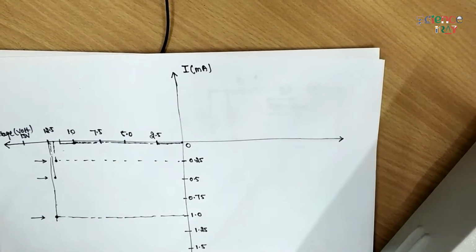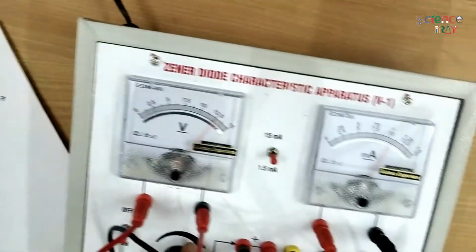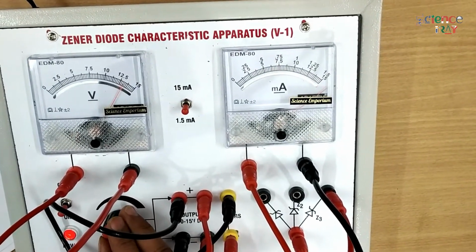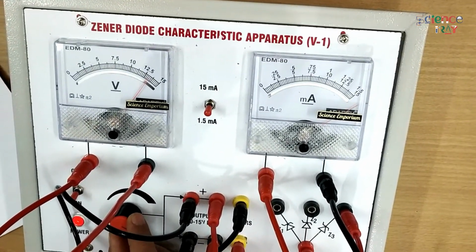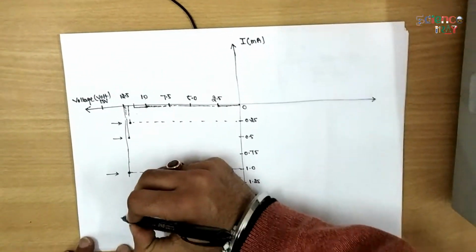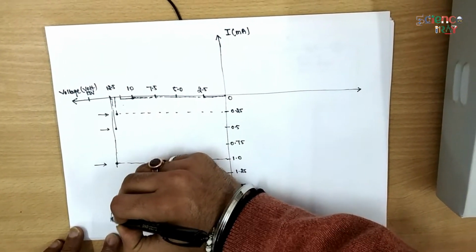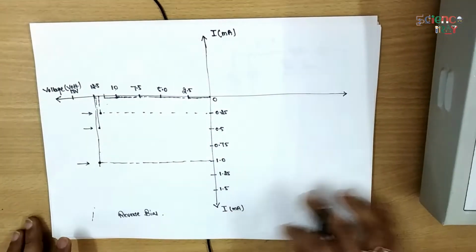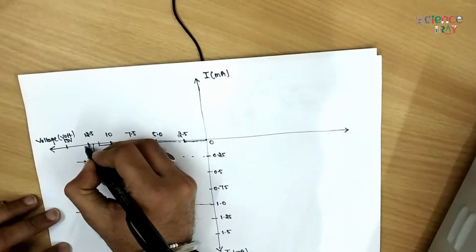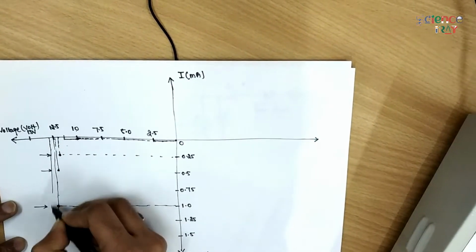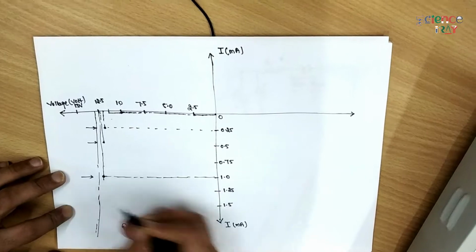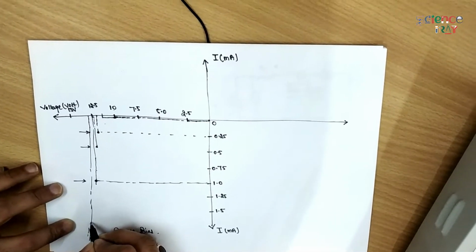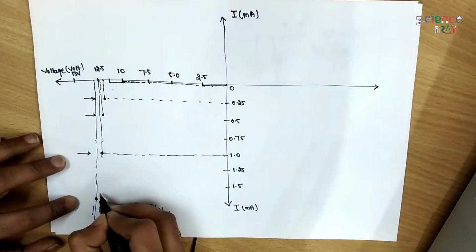Here is our next point. When we increase the voltage slightly, the current goes beyond the limit of our ammeter. You can clearly see this. Beyond the limit, let me say it is somewhere here, and the voltage has only a small change. The current is beyond the limit of our ammeter. It is somewhere here. Yes, beyond the limit.